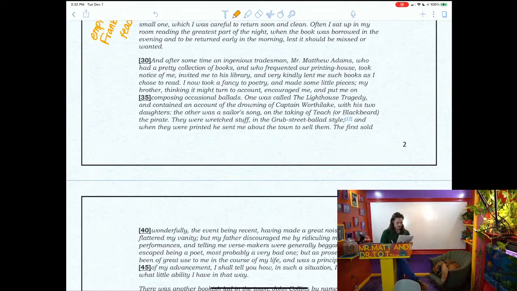My brother, thinking it might turn to account, encouraged me and put me on to composing occasional ballads. One was called The Lighthouse Tragedy and contained an account of the drowning of Captain Worthylake and his two daughters. The other was a sailor's song on the taking of Teach, or Blackbeard, the pirate. They were wretched stuff, in the Grub Street ballad style, and when they were printed, he sent me about town to sell them. The first sold